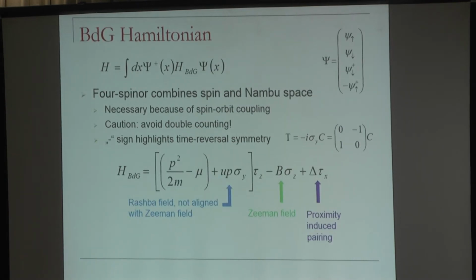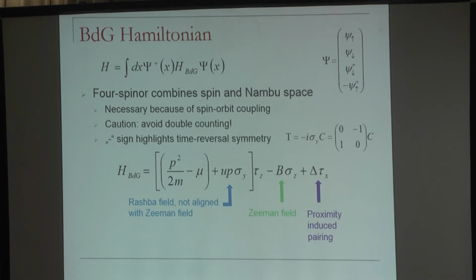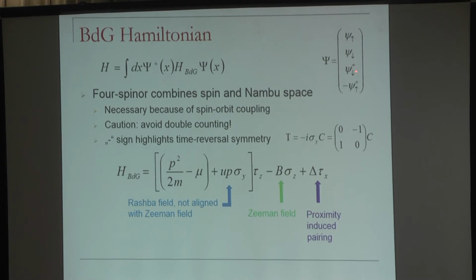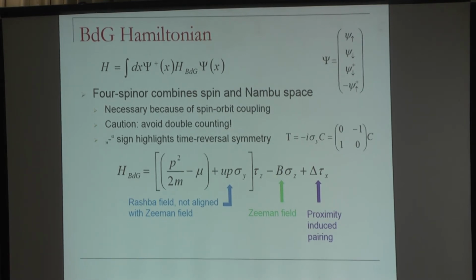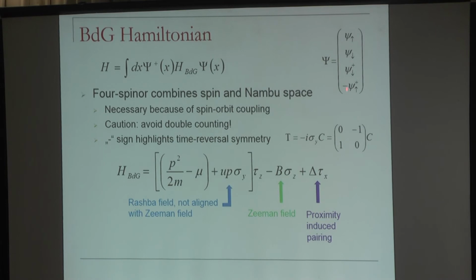So now let's put these pictures into equations, and in that case, we again have a BdG Hamiltonian, but it's slightly more complicated in the sense that we have to use a 4-spinor. The upper two entries are a bispinor that describes the particle sector, and the lower space, the time-reversed hole sector. And the conventions here, that you have psi down dagger and minus psi up dagger, reflect the time reversal